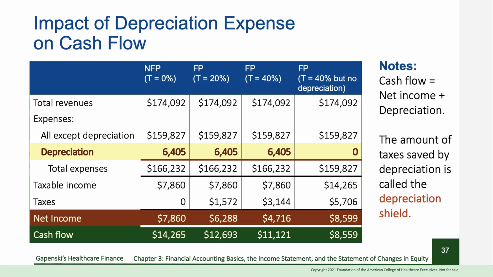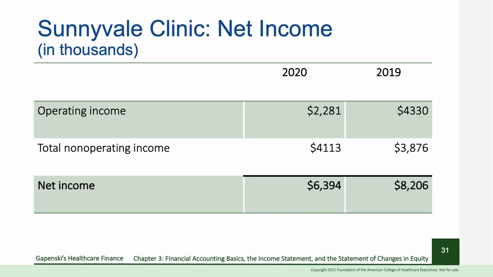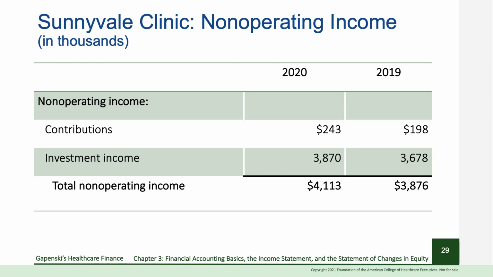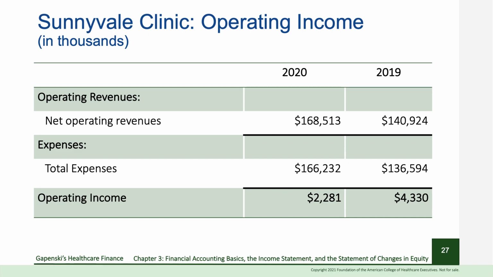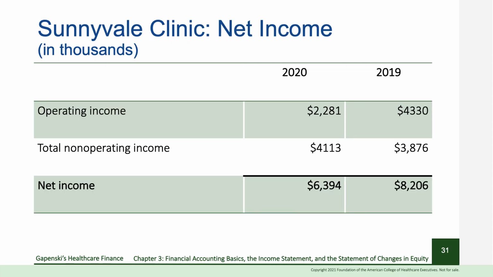The net income was $7,860. If you see here, or even a little bit back, net income for Sunnyvale Clinic, and I think they have not taken the figure 6394 or 8206, but let me just